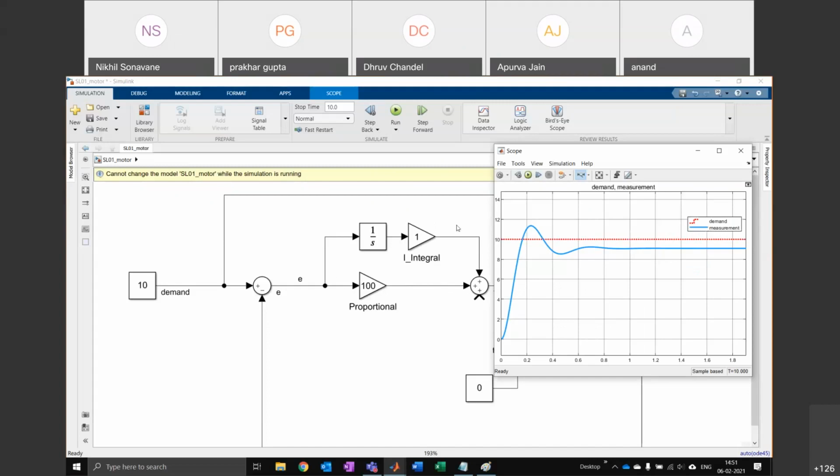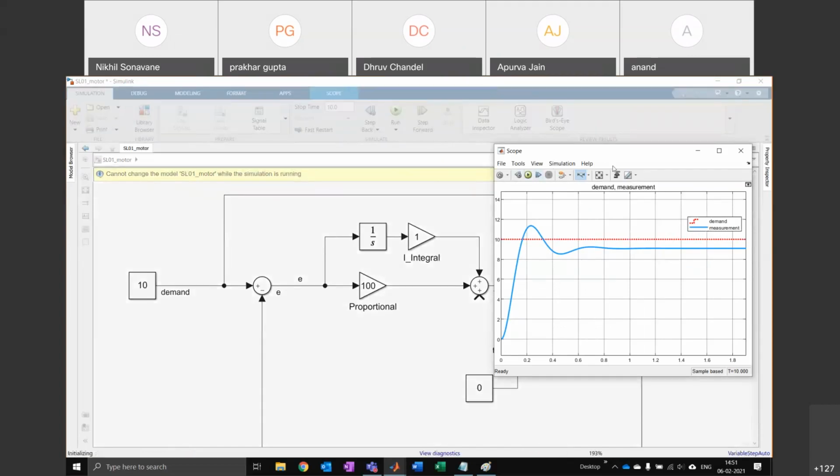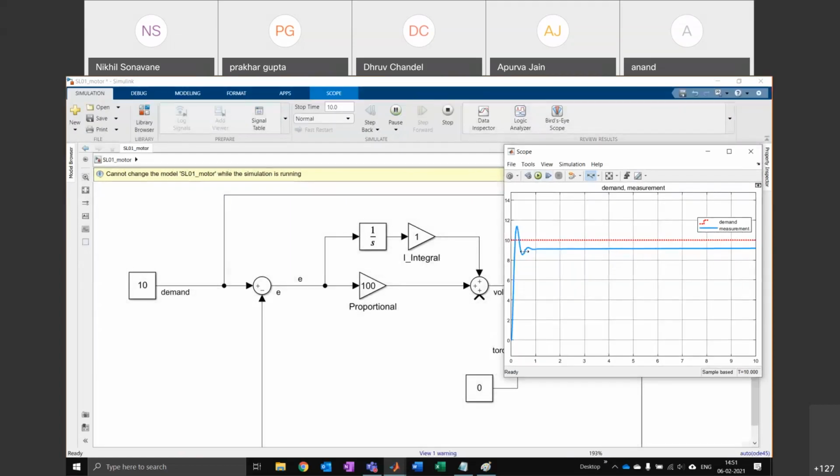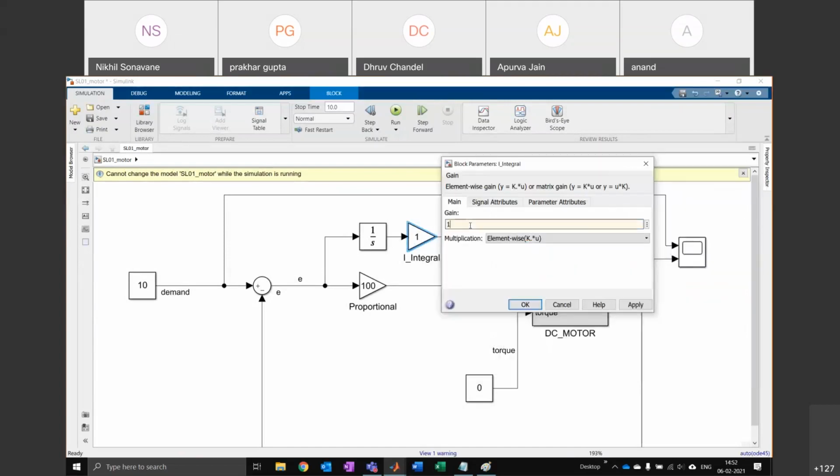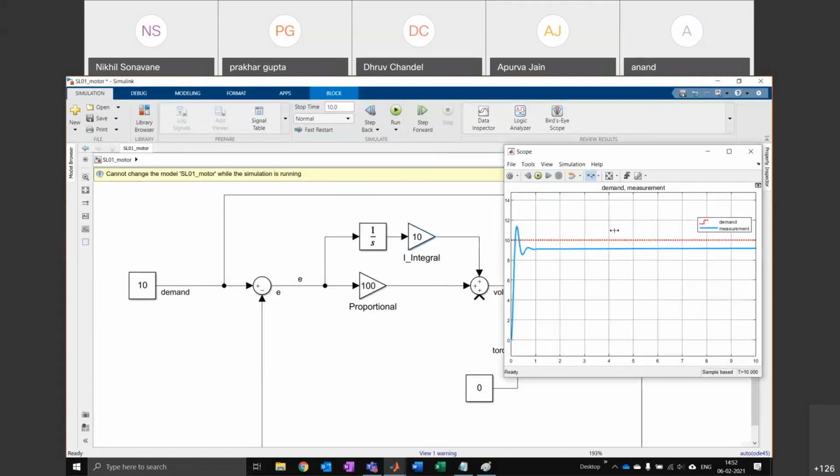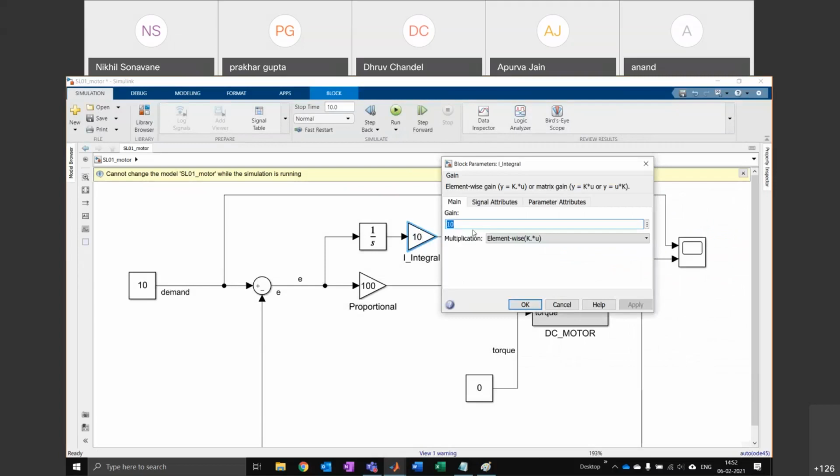So when you rearrange this to be this way, and you run it again, you find that it hasn't actually done much because your integrator gain is too small. So maybe I need to just increase this. I'll make it 10. Okay, now we see over time the gap is closing. I'll try to make it maybe 50.